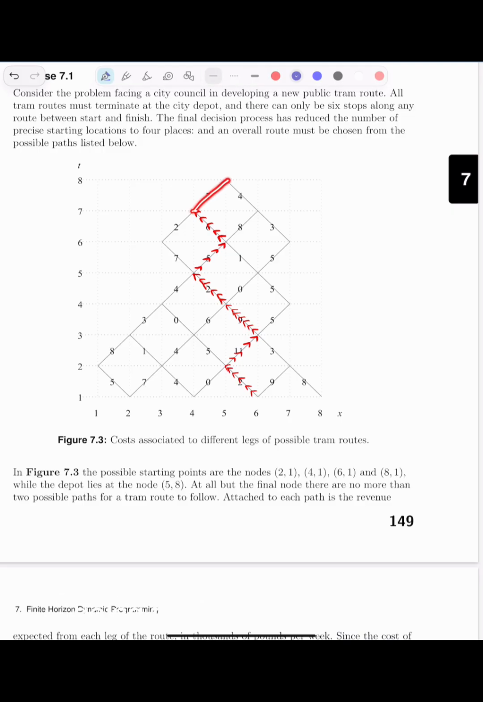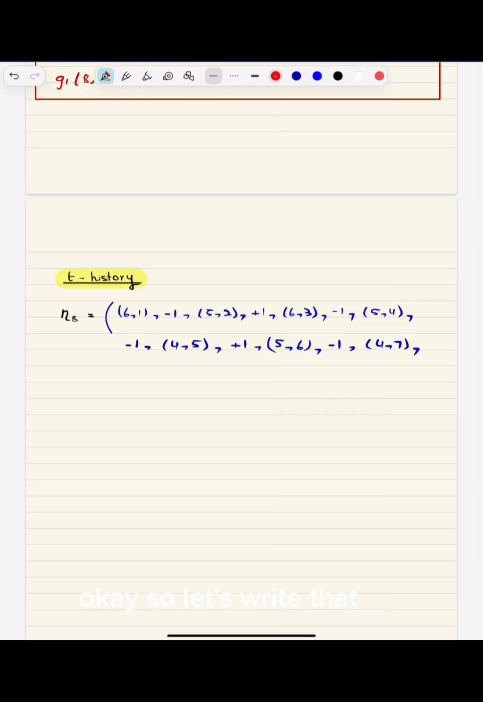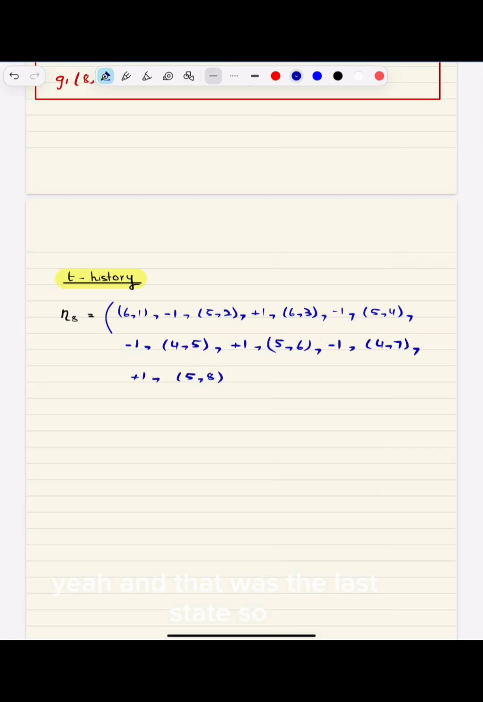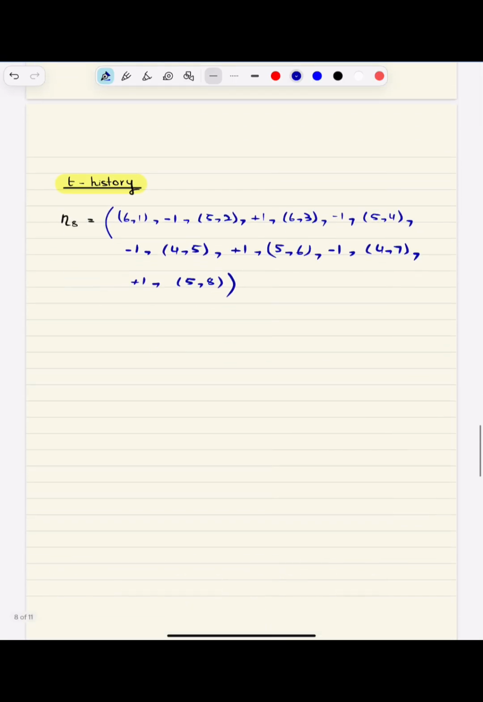I know there's only one option going towards the right. So this is the optimal path that should be taken in which the government's revenue from such a person's traveling will be maximized. Okay, so let's write that. Plus a 1, and he's going to get to a 5, 8. Yeah, and that was the last state. So the highest revenue